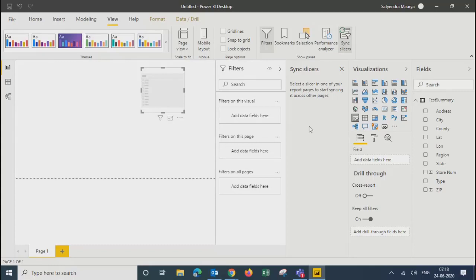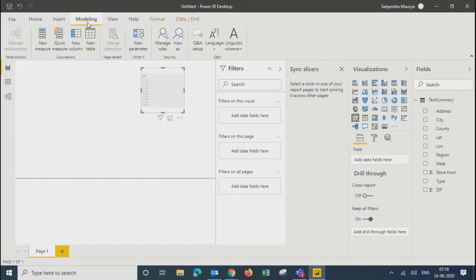But the third one we are talking about is the parameter, which is available only to the developer. What I mean is, filters and slicers are implemented for end users, so that end users can interact with the data. They can filter out, they can select, they can see whatever data they want. But this parameter is only for developers.